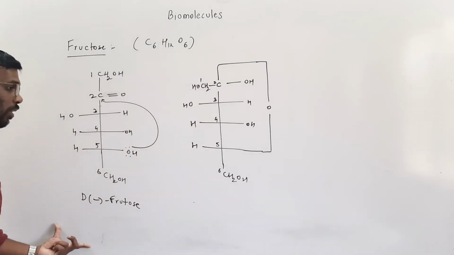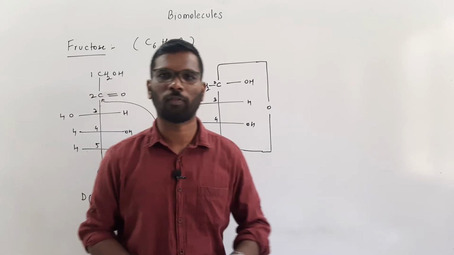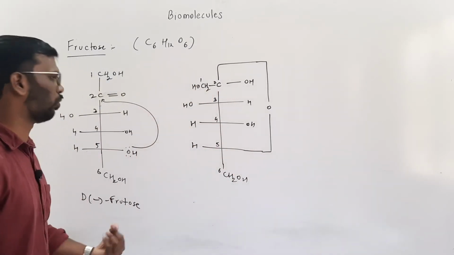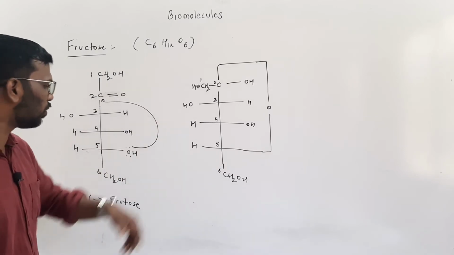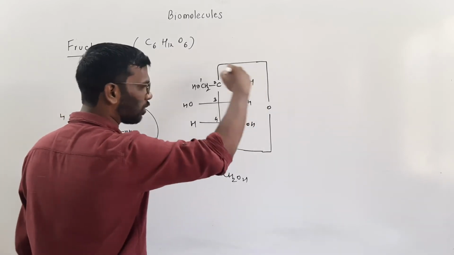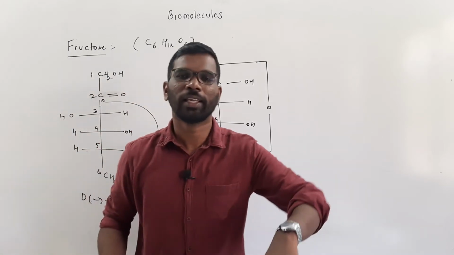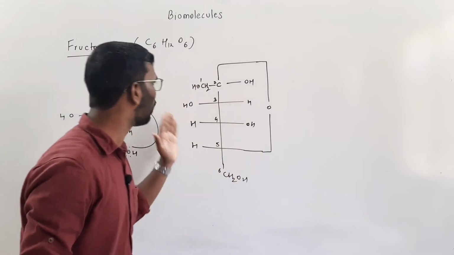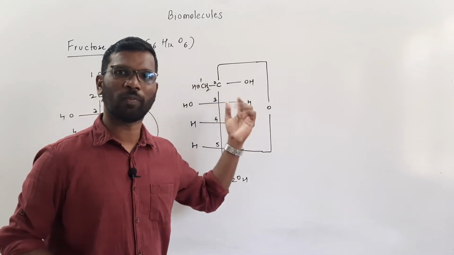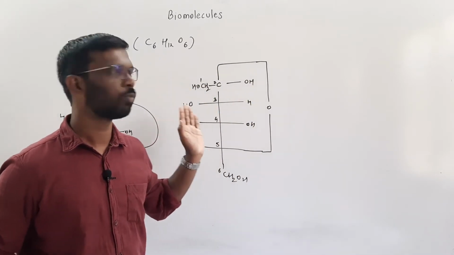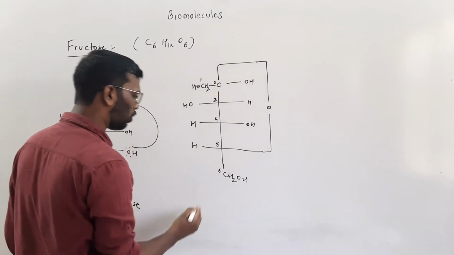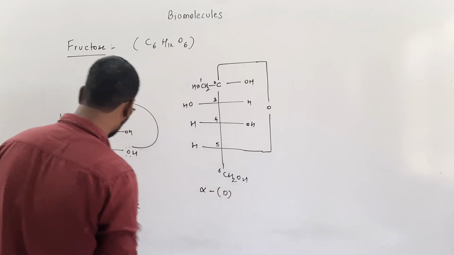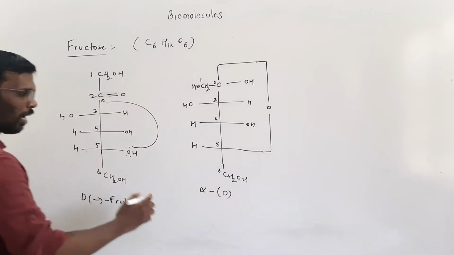This is a hydrogen, this is hydrogen, and this is OH. I am writing the alpha and beta form of the D fructose. Okay, so this is what the alpha. Why OH? Like we always take the reference of the OH. In the case of glucose also, we took the OH. When OH is on the right, on the carbon 1, there it was a carbon 1. Here it is a carbon 2. Right? So here the OH is on the right. So this is my alpha D, because OH was on the right, alpha D